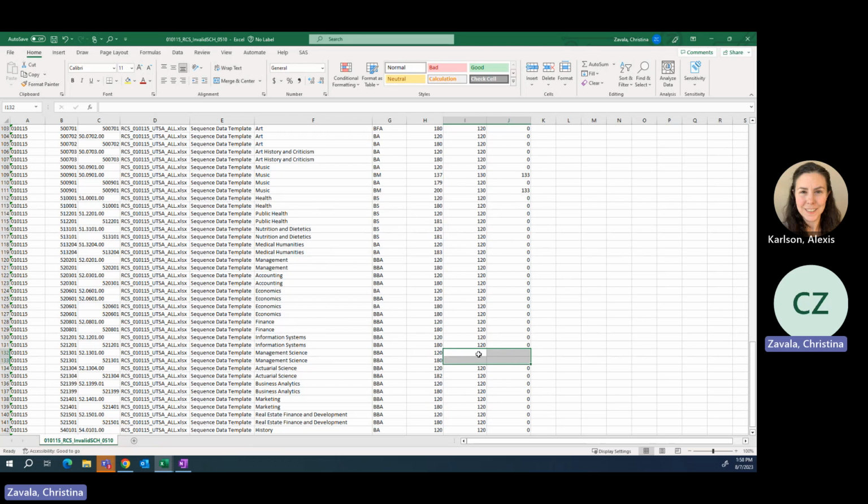And the reason for this is that although an RCS was given for this particular SIP, 521301, and the name of that program is Management Science, the reason why these are being displayed with empty cells is